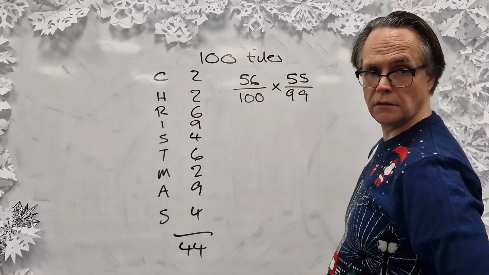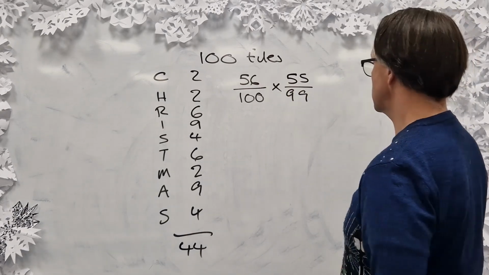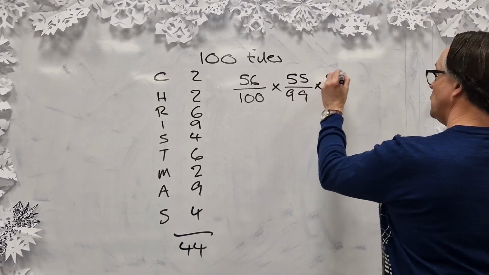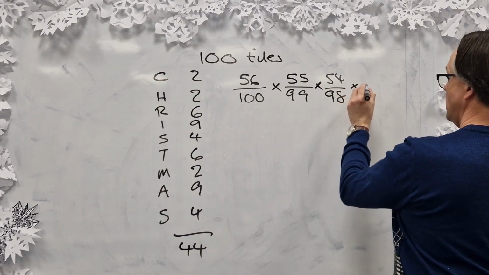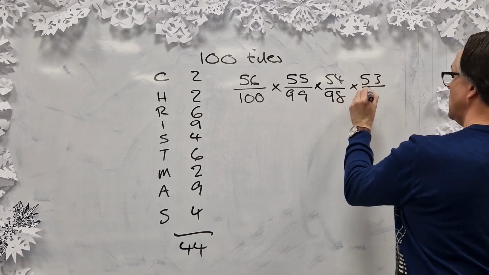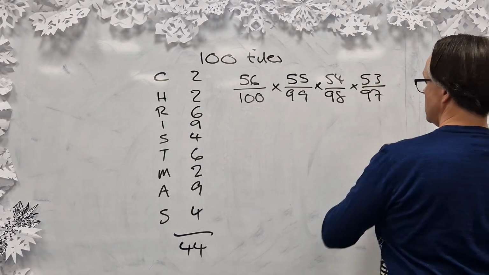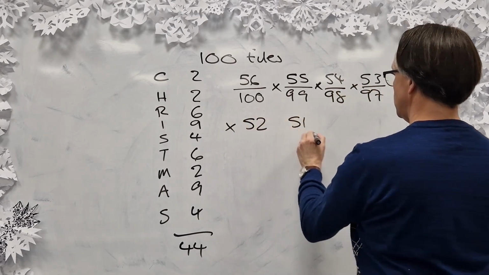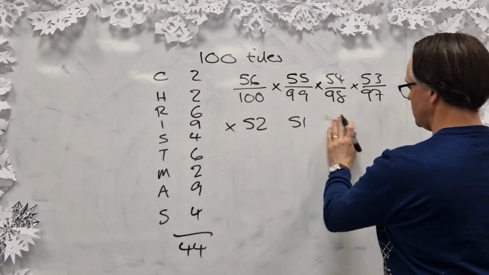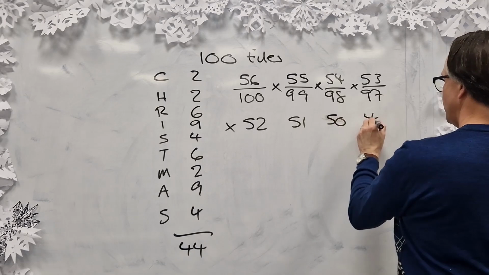Then it's 54 over 98, and then 53 over 97, and then 52, 51, 50, 49,